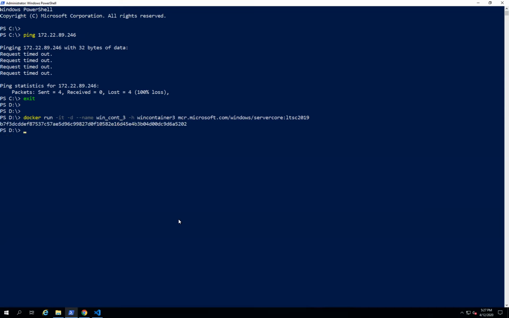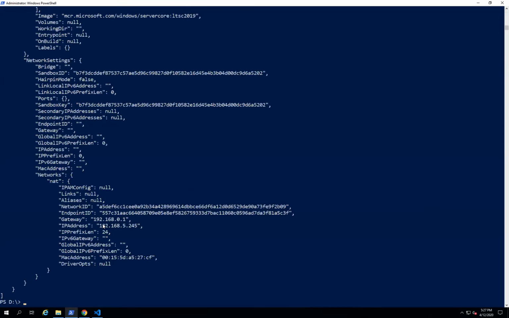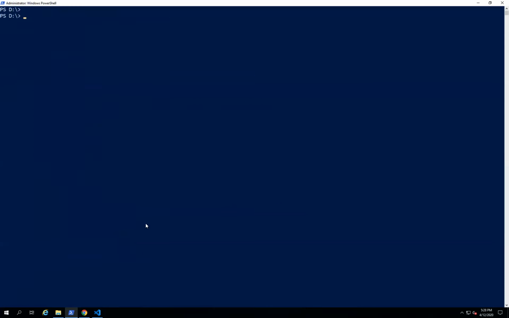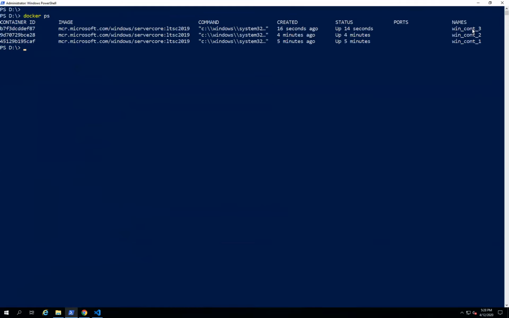Let's grab the IP address of win container 3. From here we can get this IP address, and try to understand, guys: container 1 and container 3 are created in the default network, and container 2 is created inside my network.